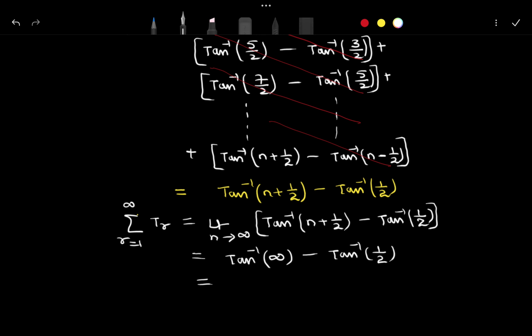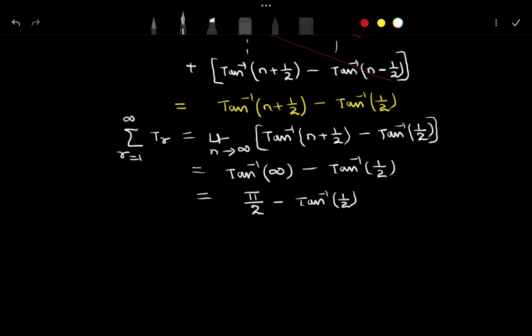Tan inverse of infinity is pi by 2, minus tan inverse of 1 by 2. So this value will be equal to pi by 2 minus